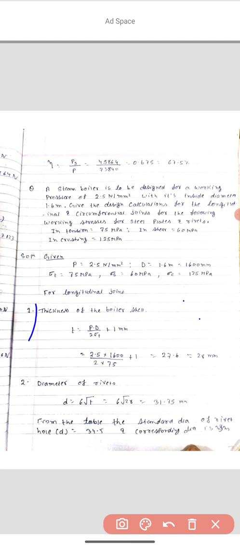For that you have to round off to the nearest integer, 32 millimeter, and see in the data book. If you follow V.V. Bhandari book, it is in tabular form in the vertical direction, and if you follow R.S. Khurmi, it will be tabular form in the